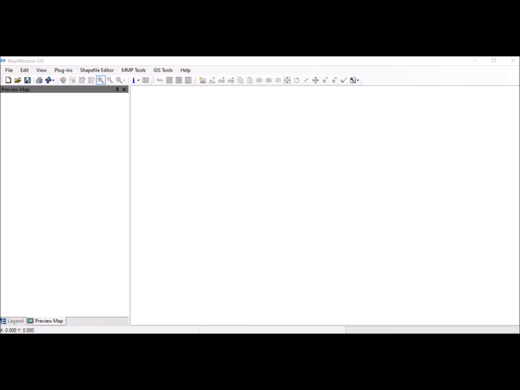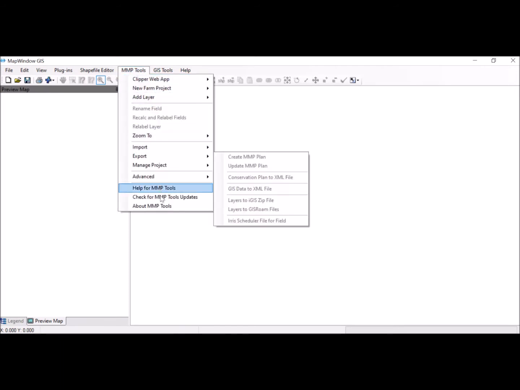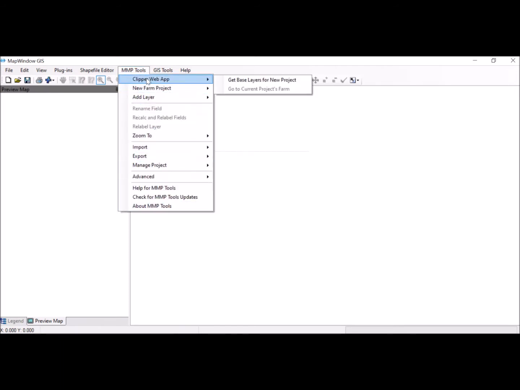In this one, we're going to show you how to get a farm map into MapWindow GIS and start mapping out your fields. So the first step, once you've opened MapWindow GIS, is to go to MMP Tools. When you click on MMP Tools, you'll get another menu that comes down with all the things you can do. The Clipper web app is what we're going to start with, and we're going to get base layers